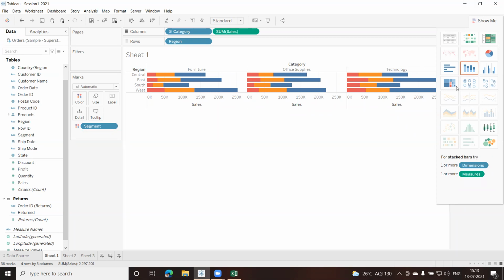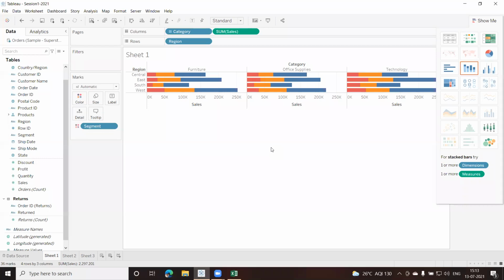It does give you the charts which can be used based on the fields you select. It will highlight the different types of charts. But you should also be able to select the charts on your own based on the requirement. Clear? Now, let us take an example, especially where we have multiple tables.